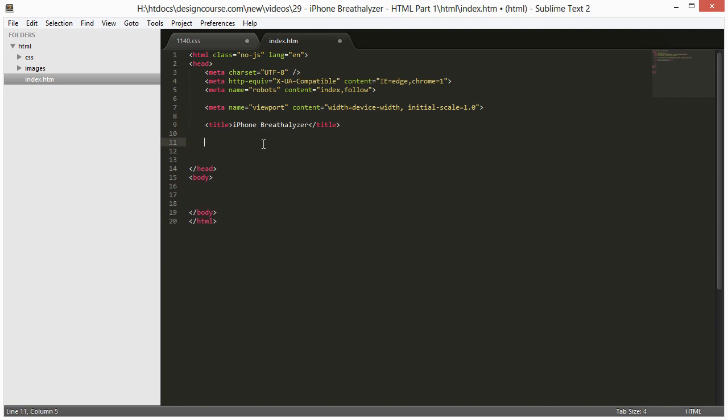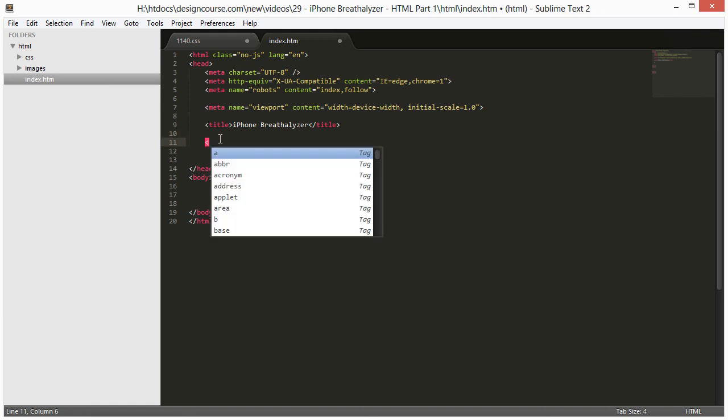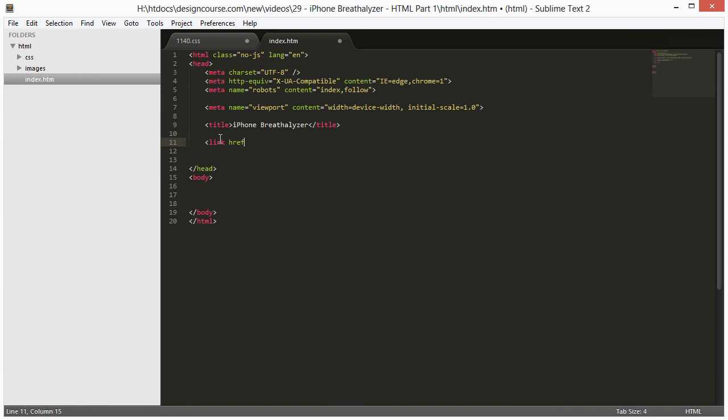All right, and so then we have to link up our CSS file. So the HTML for that is link href equals css/ and I think it was 1140. Yeah, okay. CSS, and let's see here. Rel equals stylesheet, type equals text/css,